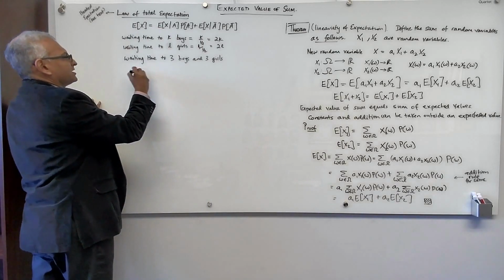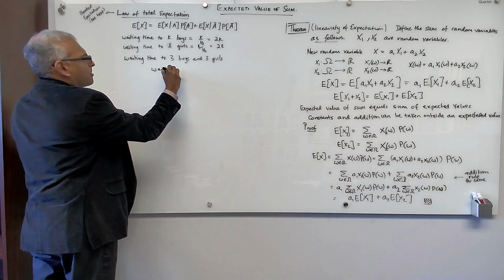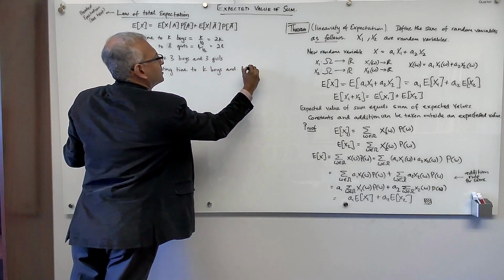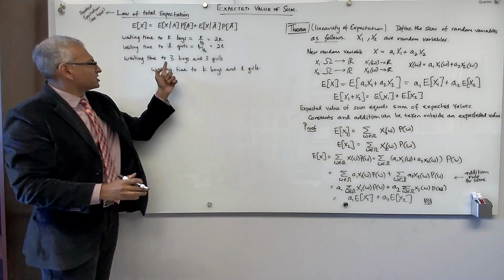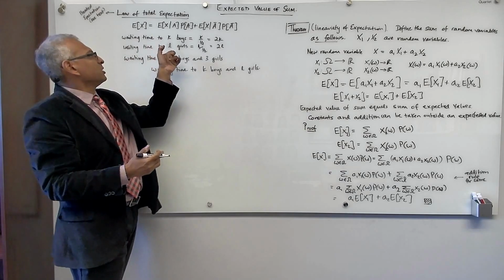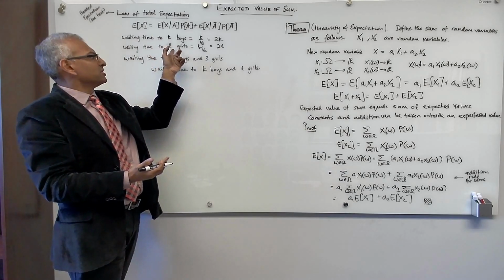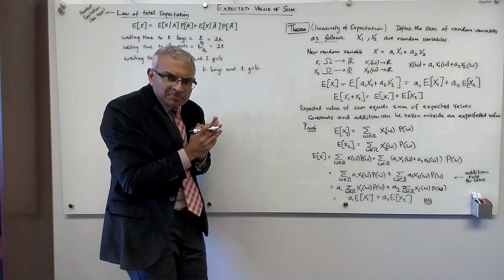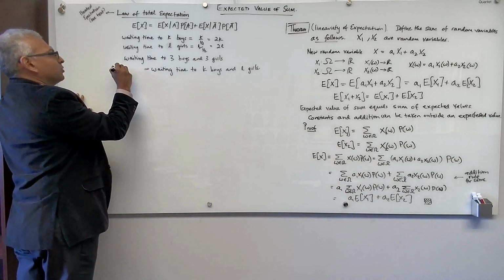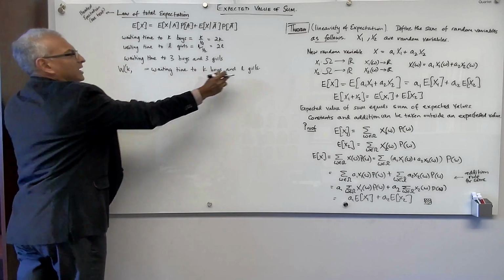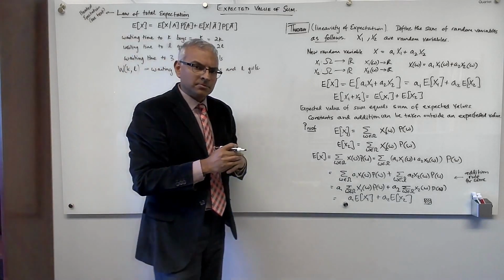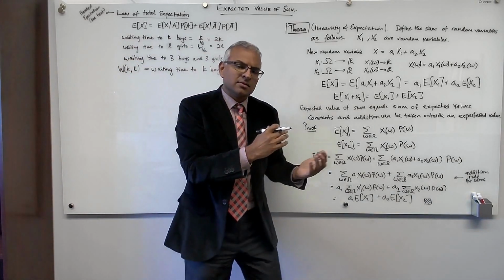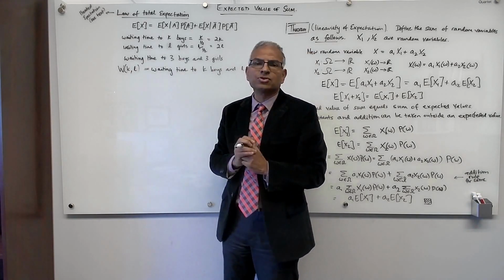So let us consider the waiting time to K boys and L girls, the most general version of this problem. Here you're waiting for K boys, only boys. Here you're only interested in girls, so you're waiting for L girls. Here it's specific, 3 boys and 3 girls, but look at the general problem: waiting for K boys and L girls. It's useful to give this a notation. Let's call this the waiting time W for K boys and L girls. It's always useful when you're doing build-up to have a notation for the thing you're trying to compute, and then we're going to try to relate this to smaller values of K and L.